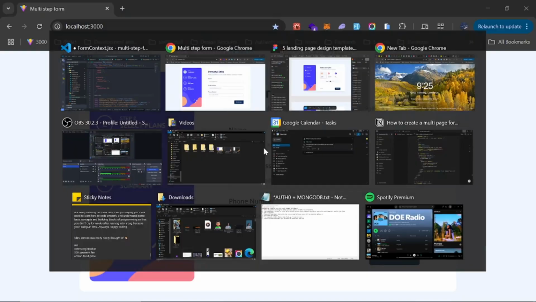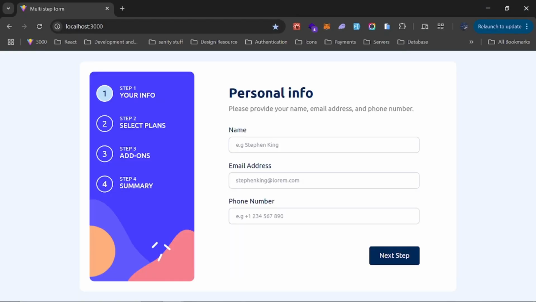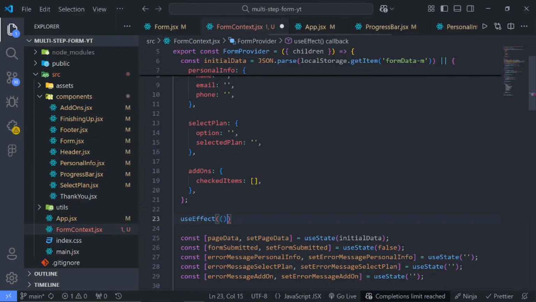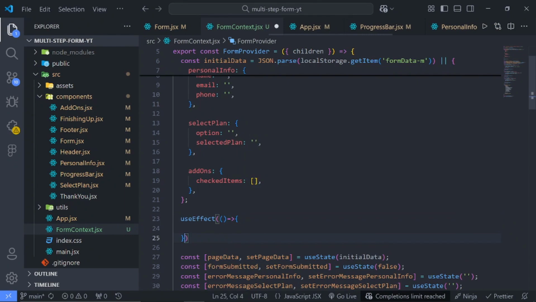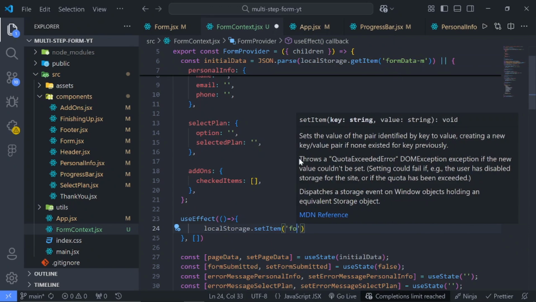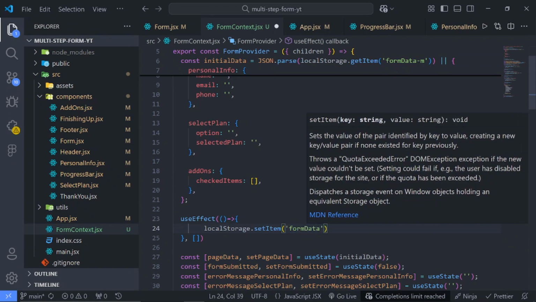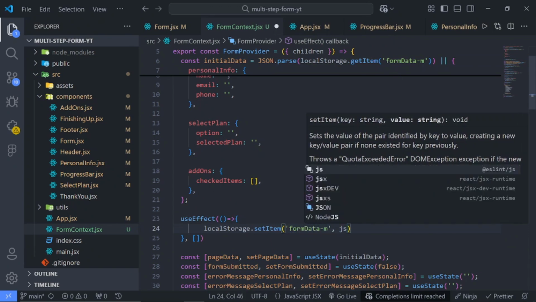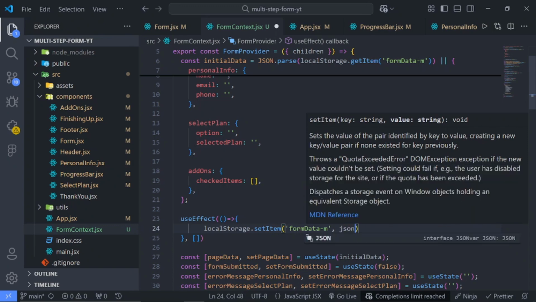So when the page reloads, we want to keep track of what we are currently doing. So pass in an arrow function right here, and we just only run once, and we just say local storage dot set item, and make sure the name is the same with the name you gave it right here. So form data dash m, and we'll make sure we stringify this